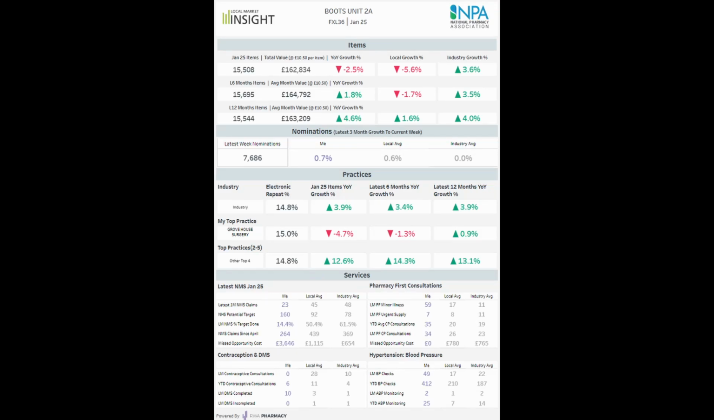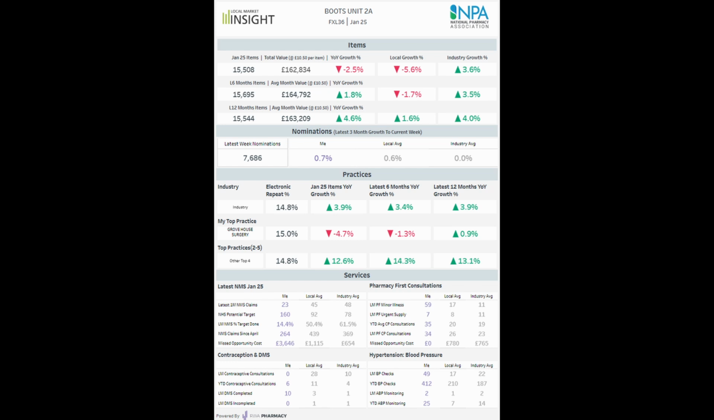Welcome to your Local Insights report. This walkthrough will explain what each section of the report means and how you can use the insights to drive performance improvements. The first page is the branch dashboard, which gives you a glimpse of key indicators and an overview